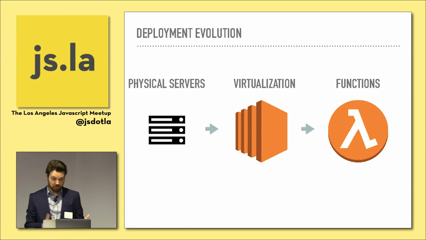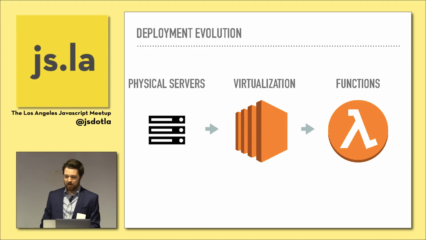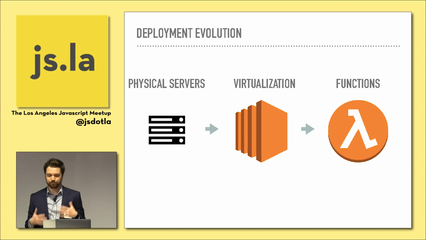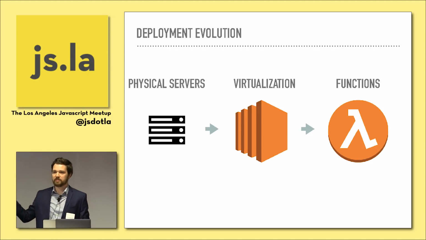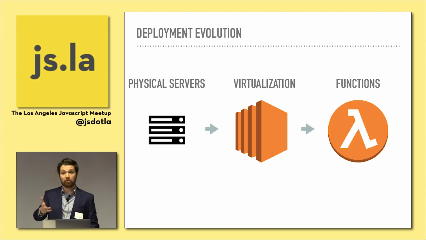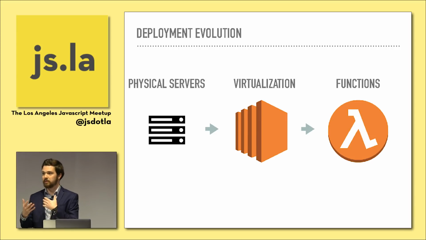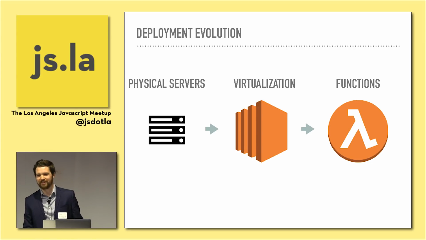So how did we come here? We started first with physical servers. At some point, public cloud came out where we had EC2, virtualization, and things like that. And now the latest evolution of deployment is functions. AWS has Lambda, which is their implementation of serverless. Azure from Microsoft has Functions. Google Cloud has Cloud Functions, and Twilio also has Functions. So they have things where you deploy the code that actually is not running on your machine; it runs out there. As far as I understand, is that true? You guys have that? Okay, confirmed.